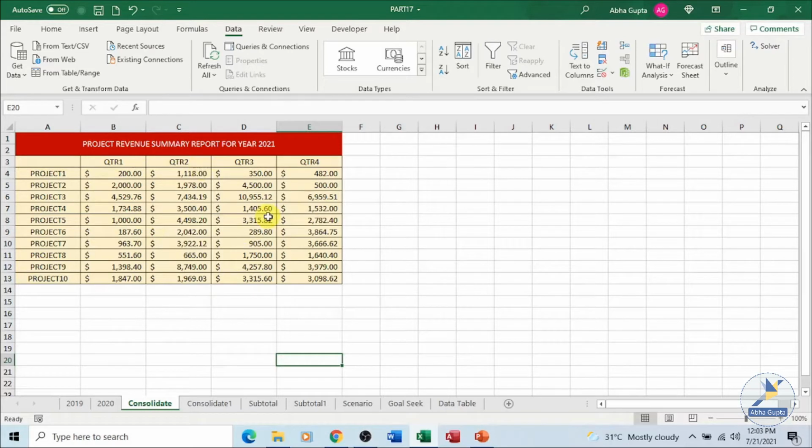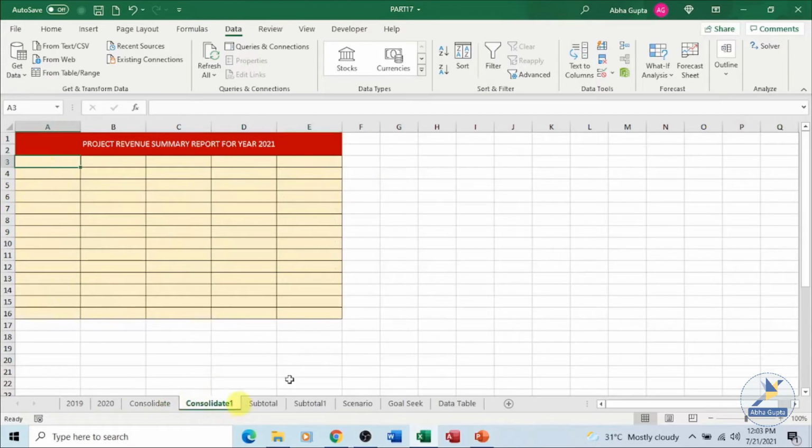So what we have done is picked up data from different sheets and clubbed them together and put it as consolidated data on a new sheet, the master sheet. Let's take the same example and perform the Create links option which was present over there. Let me open another sheet.